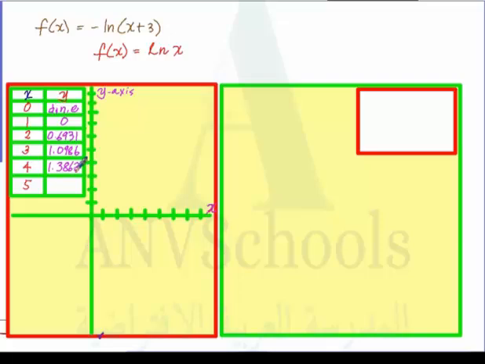And finally, if we have 5, then ln of 5 is equal to 1.6094. And notice that our y values increase also. Our y values increase from 1 to infinity. Therefore, having